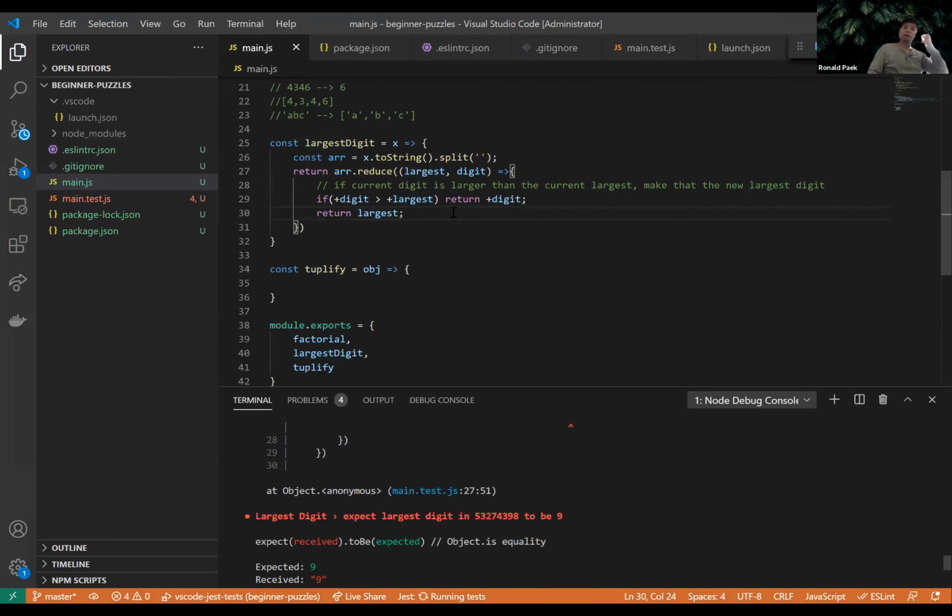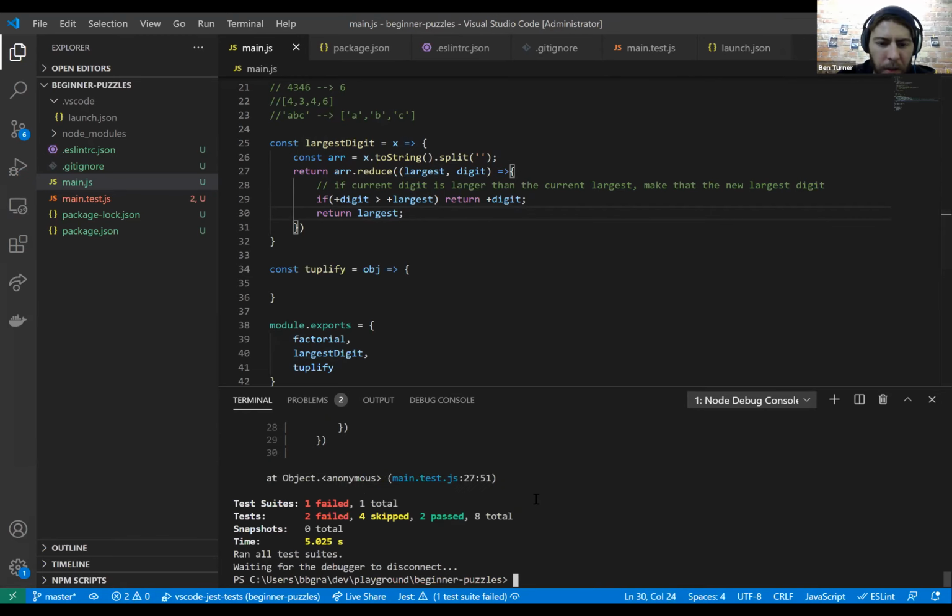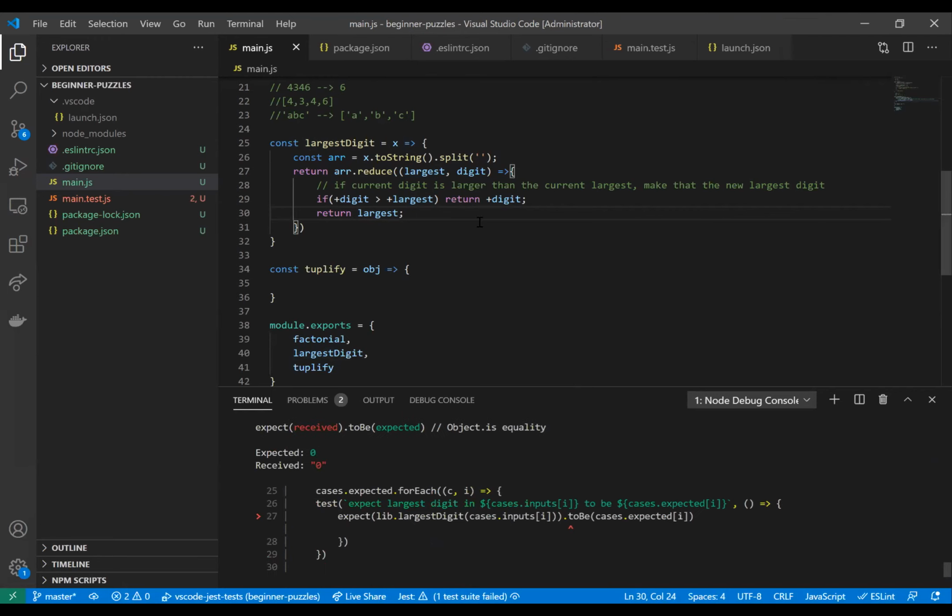Is the plus sign a shorthand operator to convert a string back to a number? Yep. What about if the number is negative? Say what? What about if the number is negative 4,346? So I should have stipulated in the beginning that we're only talking about positive numbers. But if we did a negative number, then we could easily just splice off the hyphen that gets created. Because, for example, let's just see,